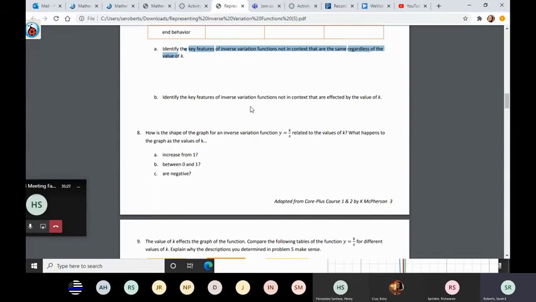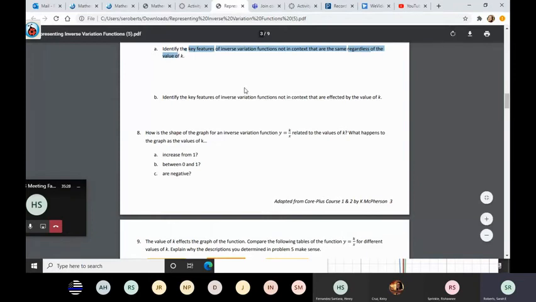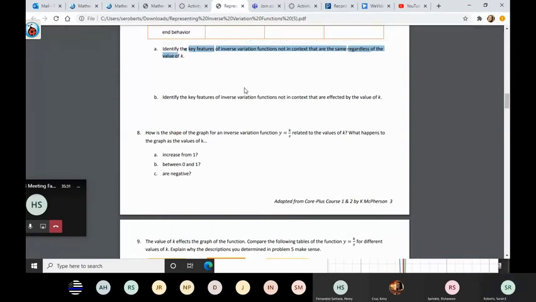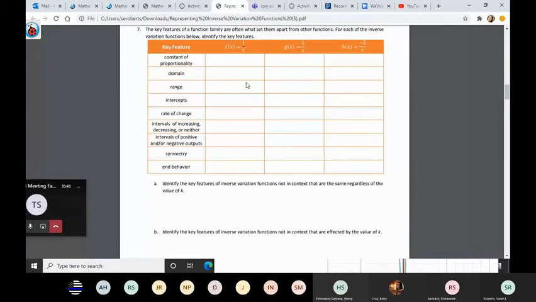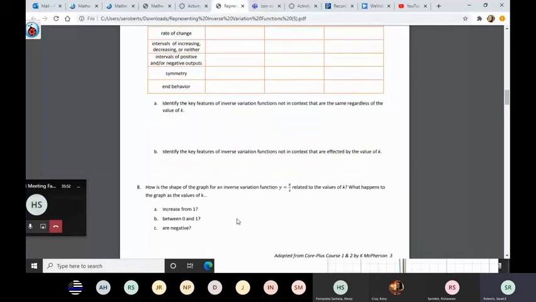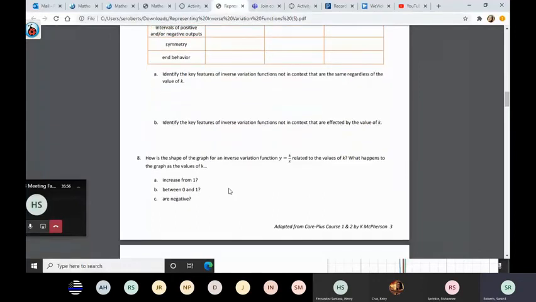What questions do you guys have on part A and B right here? Okay, so no questions. I already explained it once. I'll post the videos. You can go back and listen to the explanation again if you're confused. And just read these really carefully to figure out which one means which.